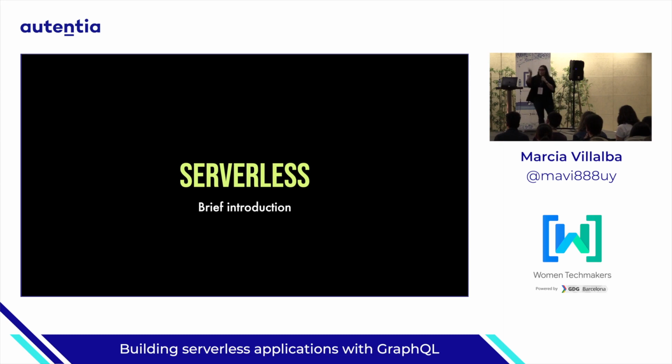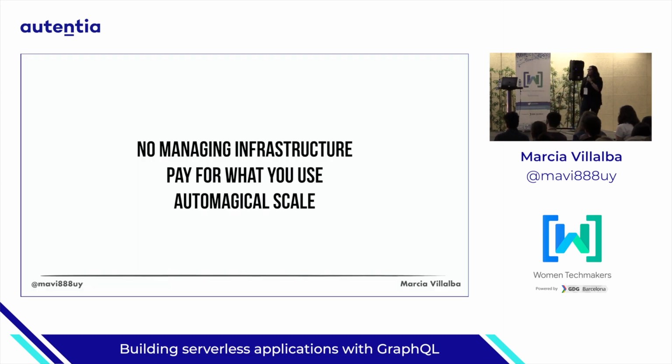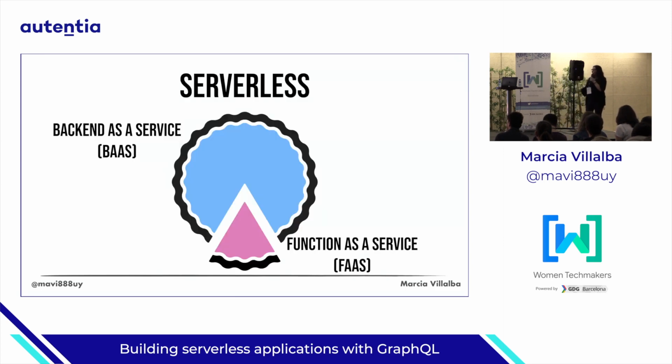Serverless. Already Magda gave an introduction, so I will go very fast. So three promises from serverless: no managing of infrastructure, you pay for what you use, and I like the words automatically scale, up and down. And basically, it's two things. Serverless, in my opinion, is functions as a service, that is our friend Lambda, or whatever platform you're using, Google Functions, Azure Functions, Slack functions, GitHub has functions.